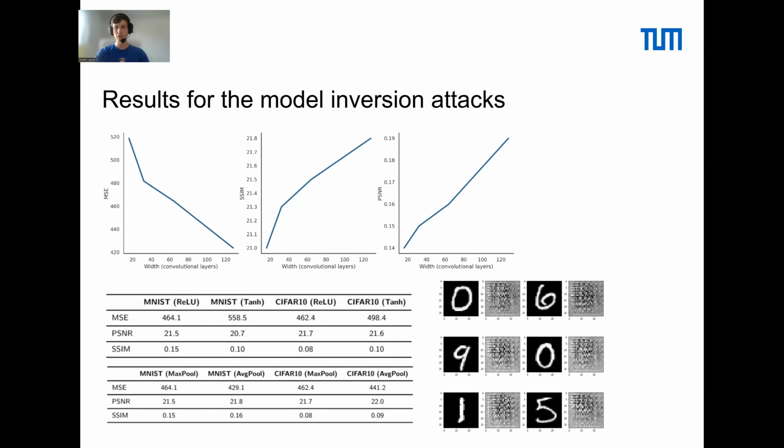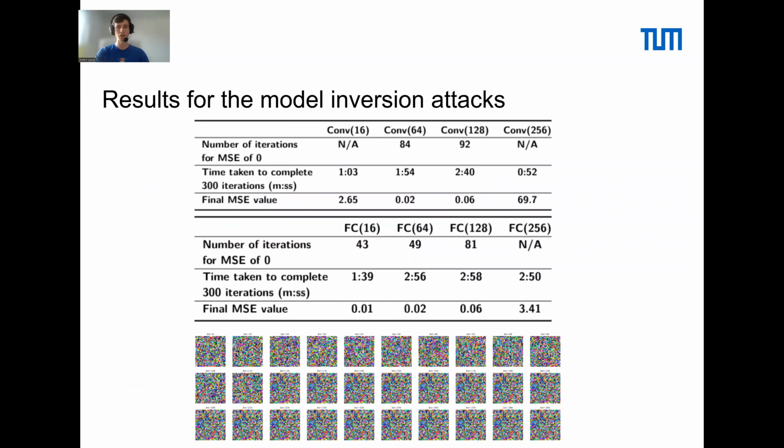Now, when we discuss these results, it's important to put them into context of the deep leakage from gradients, because contrary to the previous ones that we just discussed, here you have a little bit of a narrow window where if the model is too simple, it doesn't memorize the data well enough. But if the model is too complex, then the adversary is going to struggle with the reconstruction procedure. This is particularly noticeable for convolutional layers. For the fully connected layers, we found that this is a single-sided limit, that the model can get too complex for the adversarial optimizer to try to figure out what was the training data. But there is no lower limit that we are aware of.